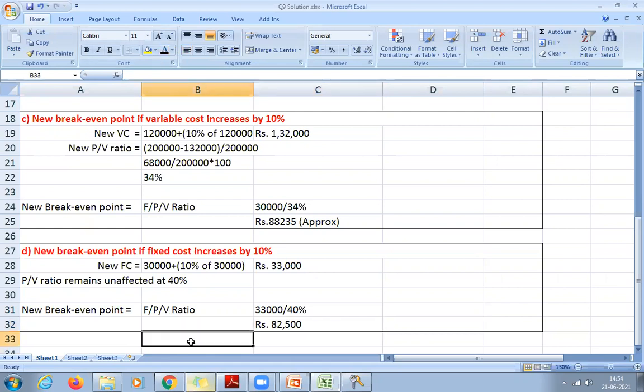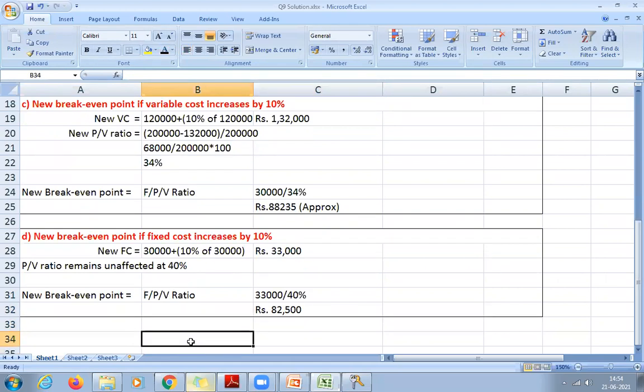Again, is it increasing or decreasing? Increasing. Got it now? That is why this is called CVP analysis. Under CVP analysis, we are going to learn about the break-even point. These three are very, very important. What are the three things? Cost, volume, and profit. If you change any one of these, all the other things will also change. That is what we can analyze using the break-even point technique. That is why the break-even point technique is very, very popular in the finance field.